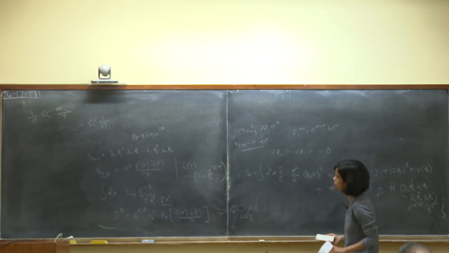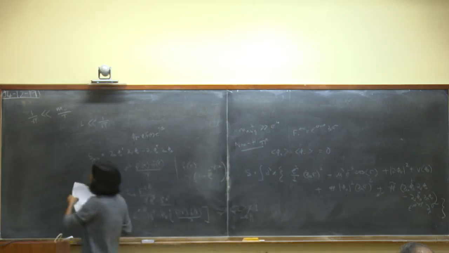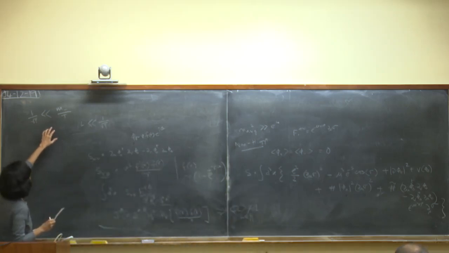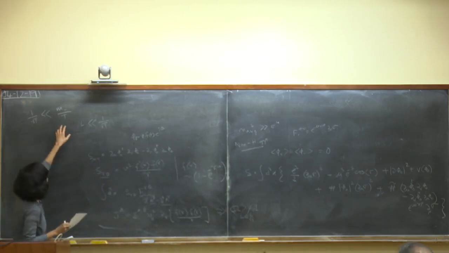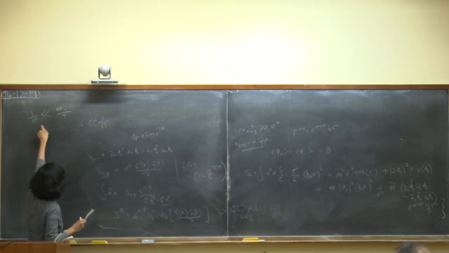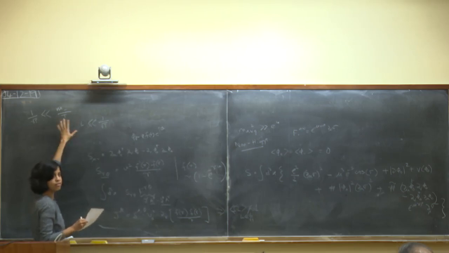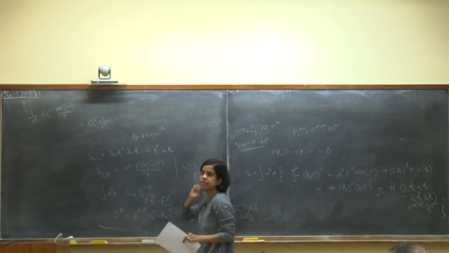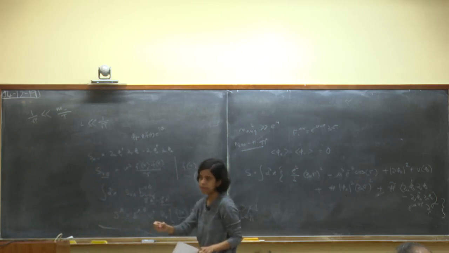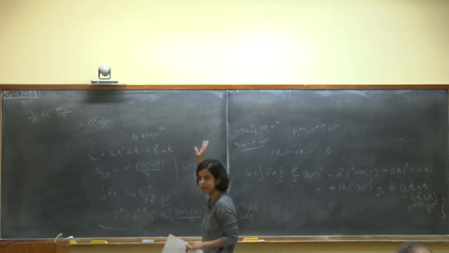Now I'm going to go to length scales that are bigger than 1 over square root of t, and could also be bigger or smaller than the string breaking scale. So I'll just directly write down a form that's valid for length scales bigger than 1 over the square root of the tension. Then this current creates a magnetic field. There is a magnetic field, but the point is, do you have any kind of excitation that can sense that magnetic field? That's the question I'm trying to answer here.